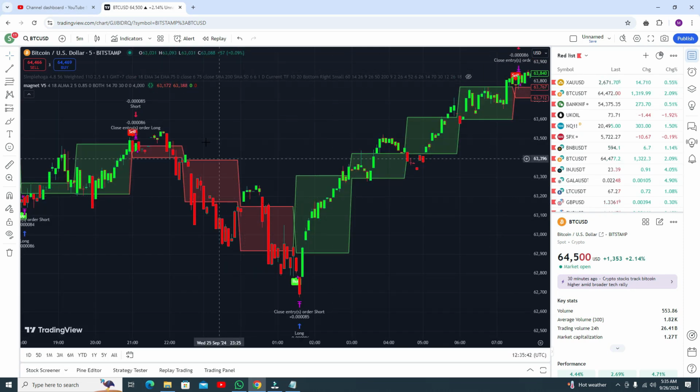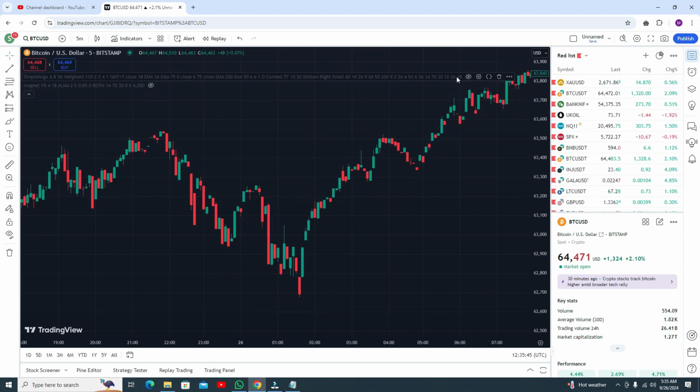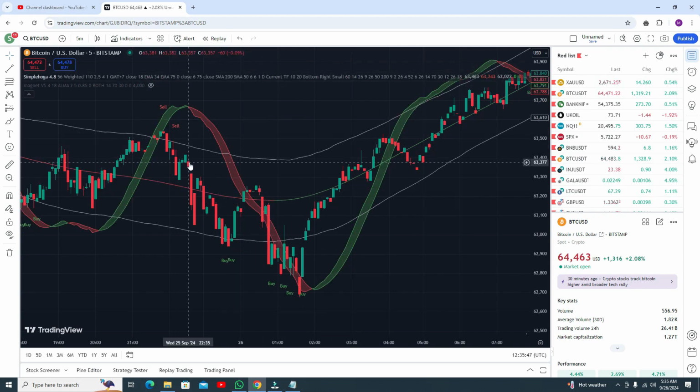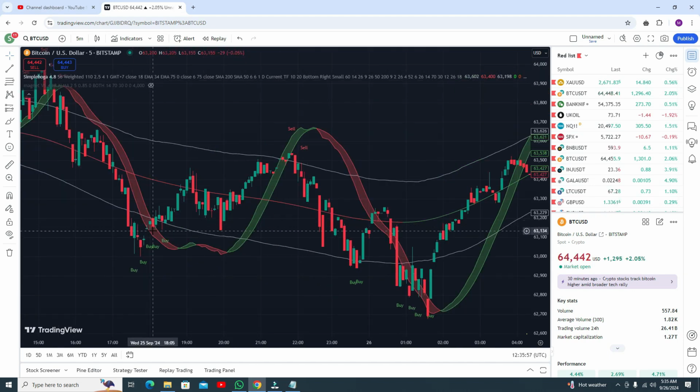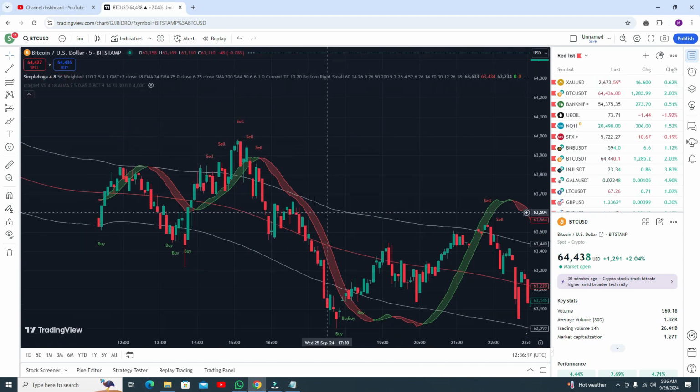And the second indicator, I will hide this, and then I need to add this indicator. This indicator will give you the band lines, and the buy and sell signal, and the RSI. Okay, this indicator is actually a good one, like this one, RSI below the lower band line, and you get a buy signal. So it gives you profit like this one, good, profitable. And now the RSI is coming below the lower band line, and this is a buy signal, so it's giving you profit again like the previous one, this one.